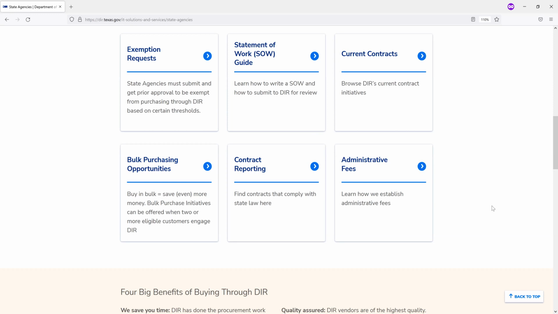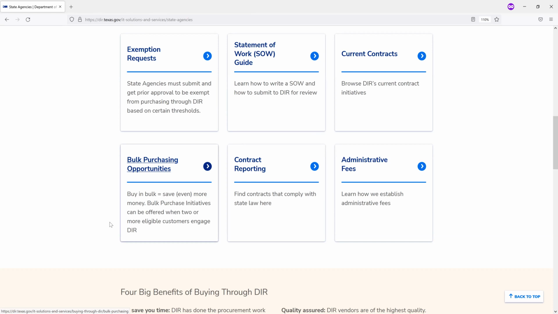We take into consideration a lot of immediate need from our customers, especially state agencies, and we will work on a bulk purchase initiative that state agencies can purchase off of. And there's a lot of guidance there as well. So we'll check that out in just a bit.